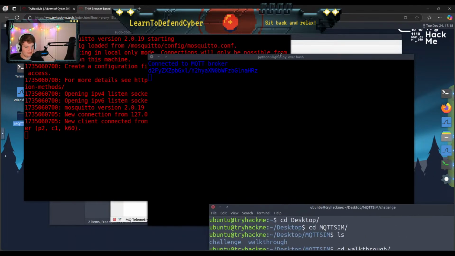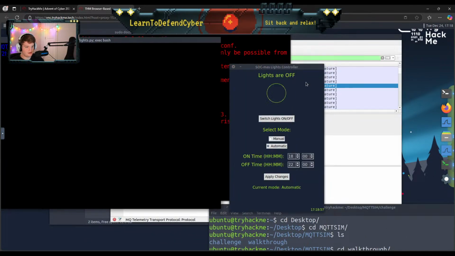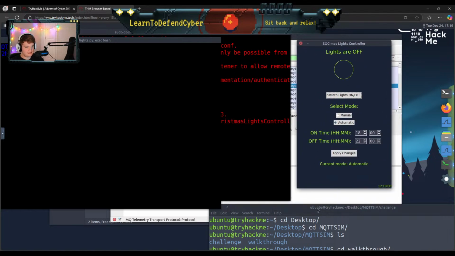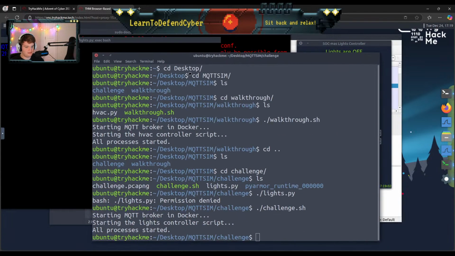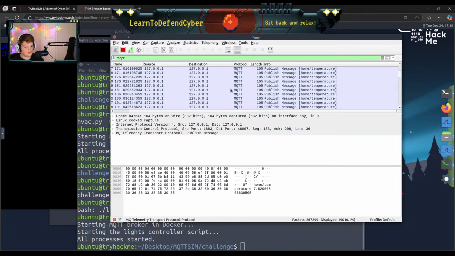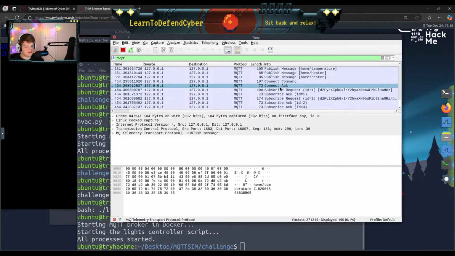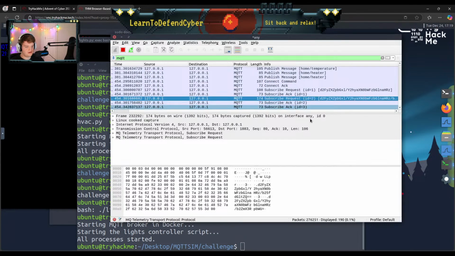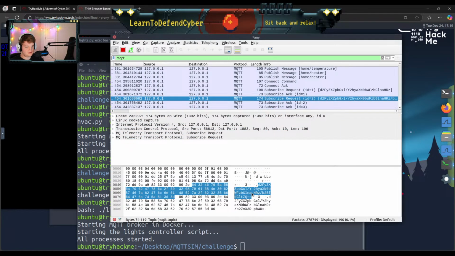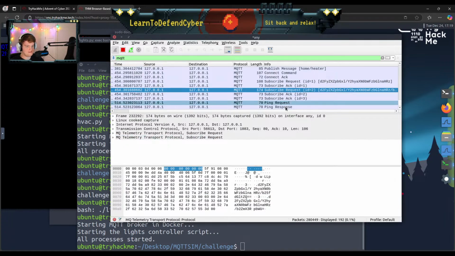Our little app go. Come back. There you are. All right. Make sure we have that pulled up. And in Wireshark, we should be able to see this new communication. They connect, they subscribe, they acknowledge the subscription, then it looks like they subscribe to something new. Looks like it's base 64 encoded, oddly. Then we have 2 acknowledges, and then they're trying to ping back and forth.